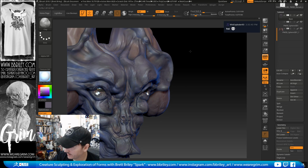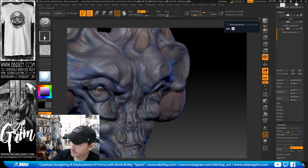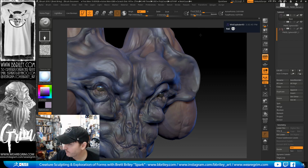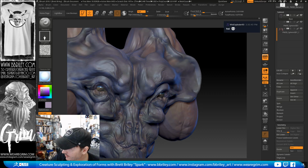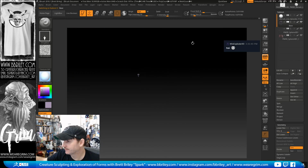Okay, so let's go ahead and detail the eyes. Oops, no need to do that. I'm going to go back into my brush. I'm going to grab that color and go up a little bit higher. The great thing about nowadays is you have